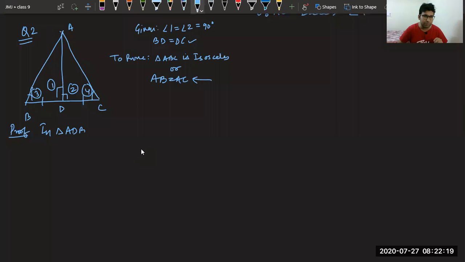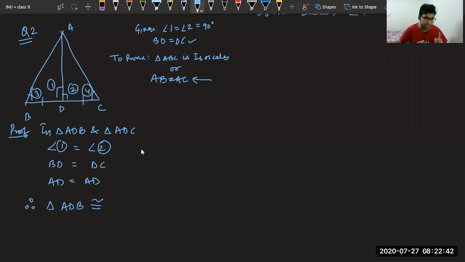In triangle ADB and triangle ADC, we can say given to us is angle 1 equal to angle 2. Second thing given to us is BD equal to DC, and third thing you all have found is AD equal to AD. Okay, very good. So we can say therefore triangle ADB, again comes the name part. Please see again, AD is coming equal to AD. AD is first and second. It can be AD or it can be DA. The third place is left. It is for C. Now please tell me which is the correct one.